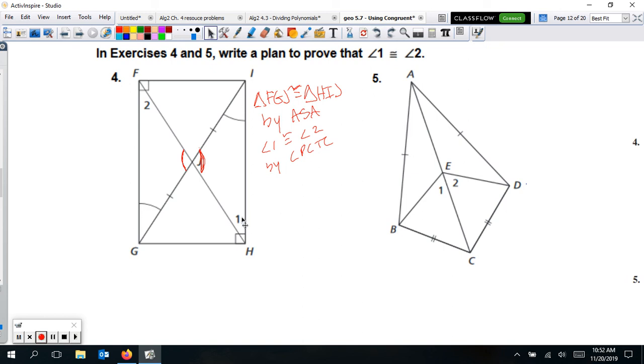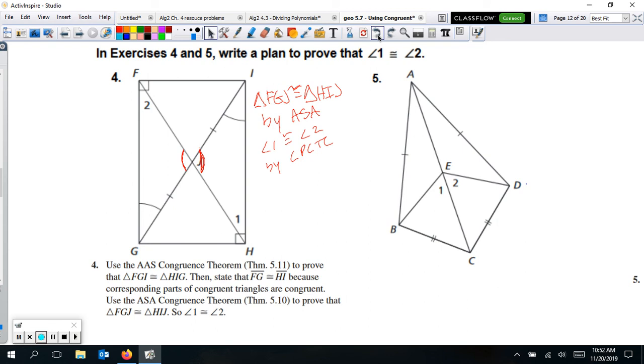So 1 and 2 are one of the corresponding parts of these triangles that we just showed are congruent, and so we can say that. So that's one way, and I think that's probably the shortest way. Now the way they actually showed in the answer in the book is a little different, and I'll show that to you here. They first started off by saying use the angle, angle, side congruence theorem, because that's all marked off